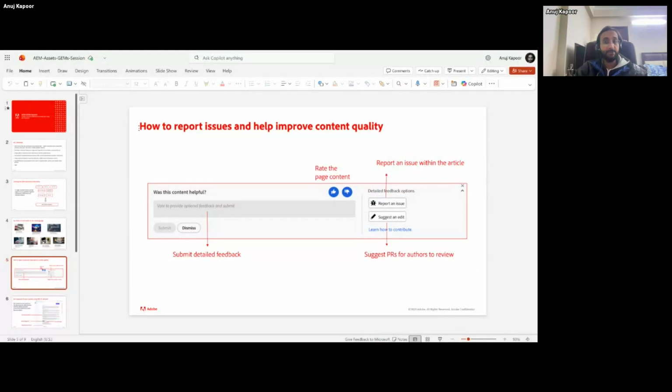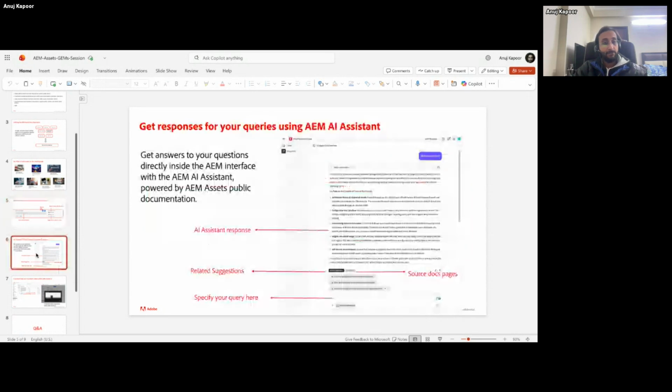I'll quickly switch over again and go back to our slide once again to move to our next topic, which I can demonstrate. The next one is the one that has been recently launched with AEM, right? Which is the AEM AI Assistant, wherein documentation is not restricted to SEO, right? Wherein you do a Google search and search for a page and then navigate to the page. We want our customers to use AI Assistant,